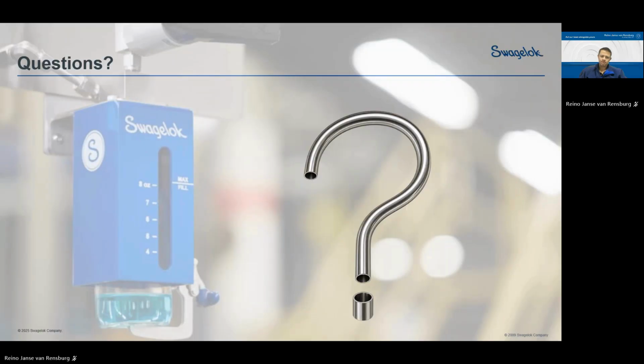Right. Reino, just a follow-up question, last one. So you've got this grab sample system. Are there any typical problems or challenges in the industry that this solves? Obviously, you've built it because of something. So what typical challenges do we find in the industry where we can use your system and solve those problems? It's maybe a bit of an open question.